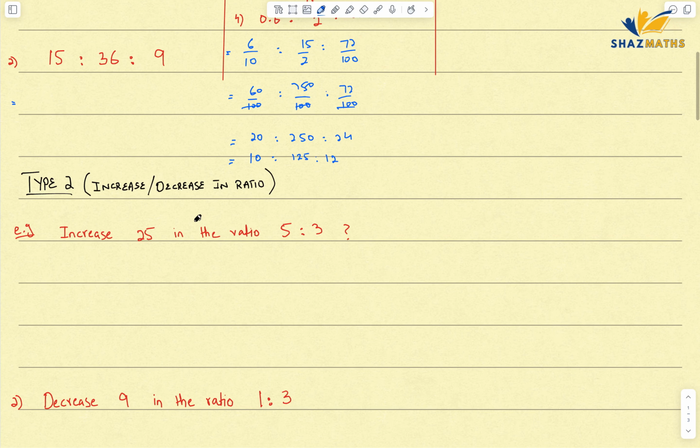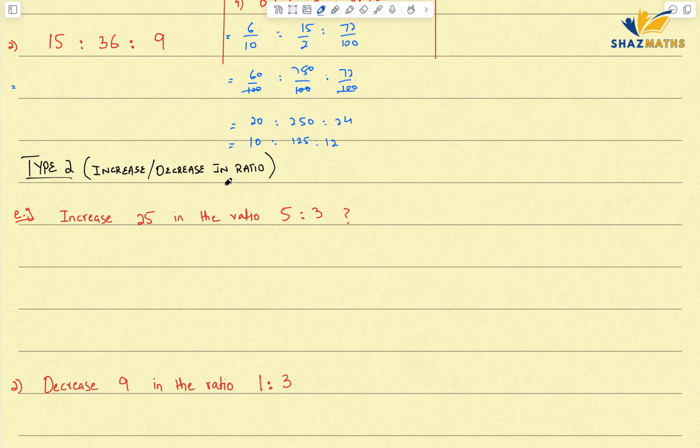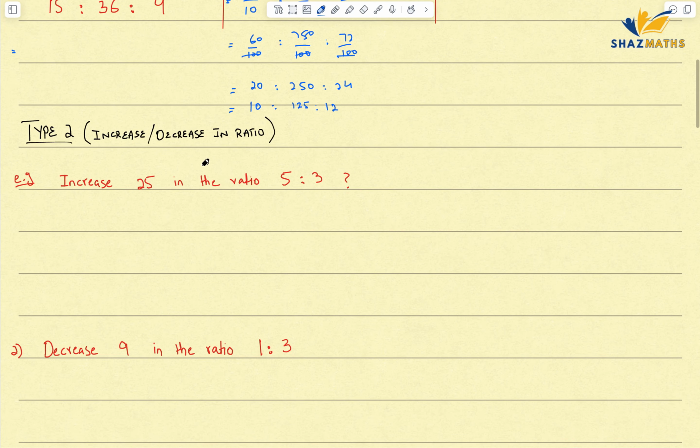Type 2, that is the increase and decrease in ratios. Remember this thing, students often confuse it or mix it with the increase and decrease in percentages. Whenever there is an increase or decrease in ratio, it's quite simple. You don't have to do anything except you just have to multiply. So for example, if it says increase 25 in the ratio 5/3, I have to find out the result. So it would just be 25 times